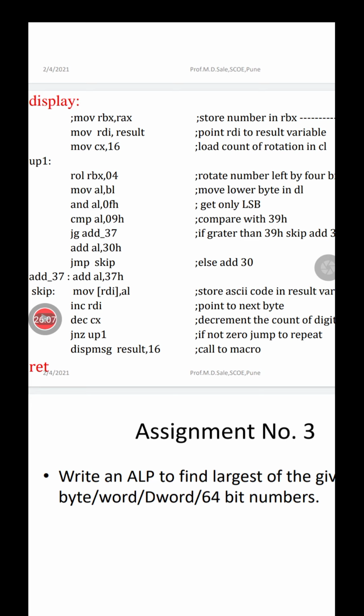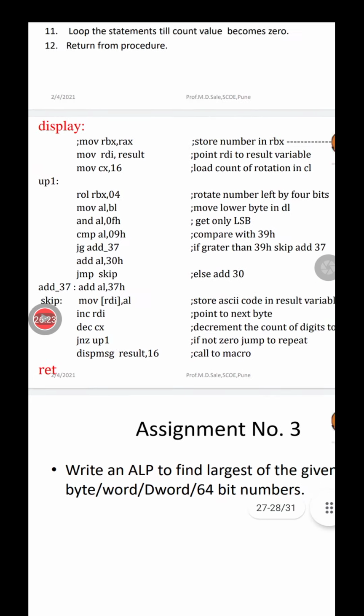You can also write the macro for the write system call before the section .bss. You can declare the macro and call the macro over here, but this particular macro is for the write system call, or you can write a write system call for displaying the result array. And then after that you can write an exit system call: move RAX, 60; move RDI, 1 or 0; and syscall. That will exit from your program, right?